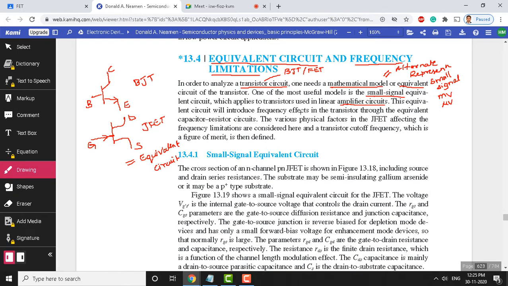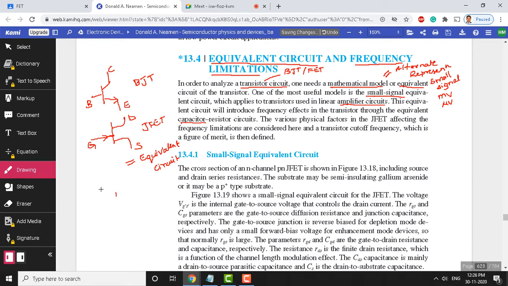You will see that once we develop the small signal equivalent circuit for the amplifier, we will introduce the frequency effects in that small signal model, and that helps us understand the functioning of the transistor or device very well. The equivalent circuit consists of elements like capacitors. The moment we introduce a capacitor into the equivalent circuit, we know that this is a frequency sensitive element. Okay, Xc, the capacitive reactance.